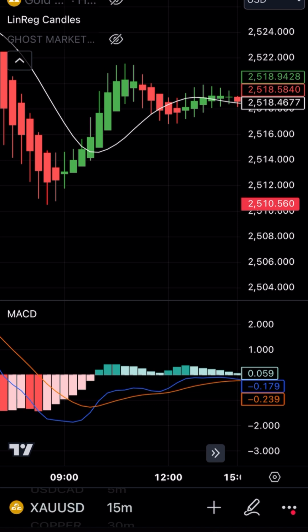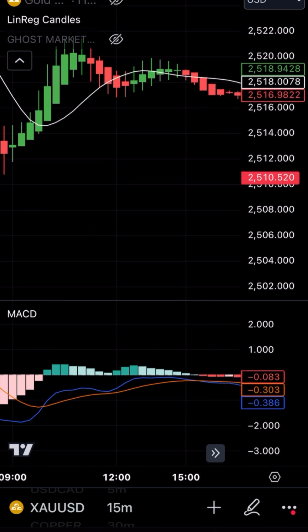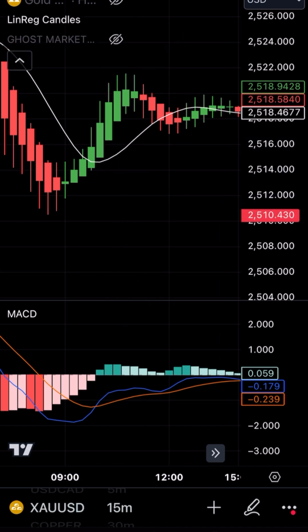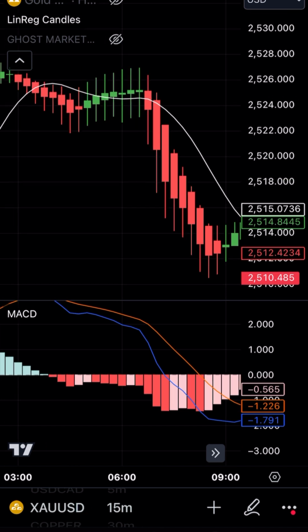So when the lines are down below, if it's below the histogram, I focus on downtrend. I don't necessarily focus on uptrend. I try to go with the trend. So right here, it's kind of going against the trend. I probably wouldn't have paid attention to that,